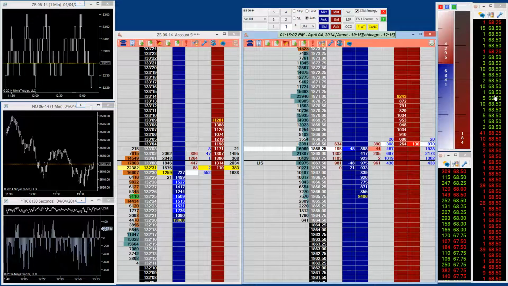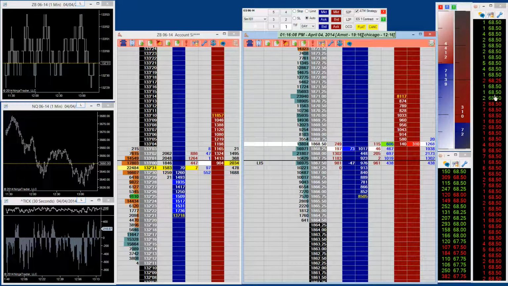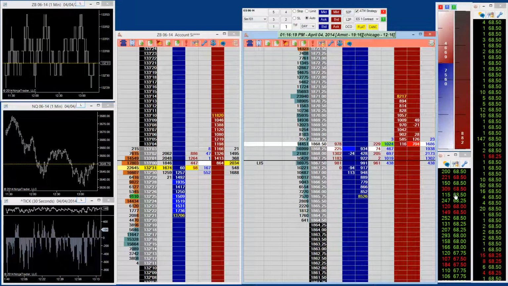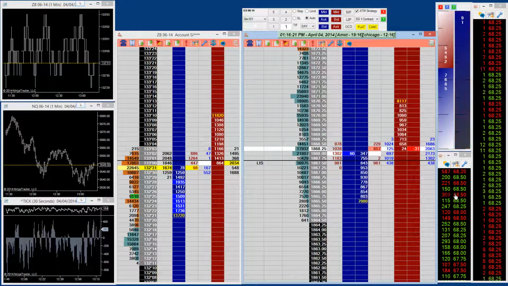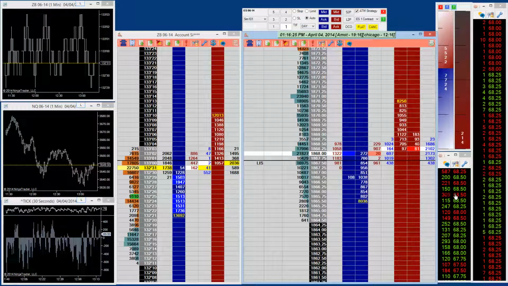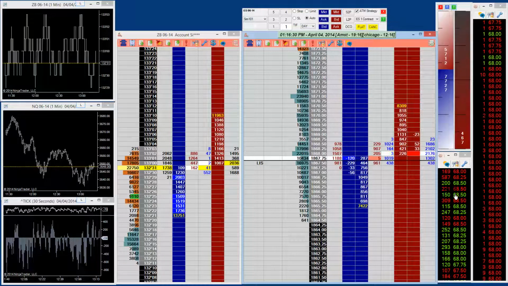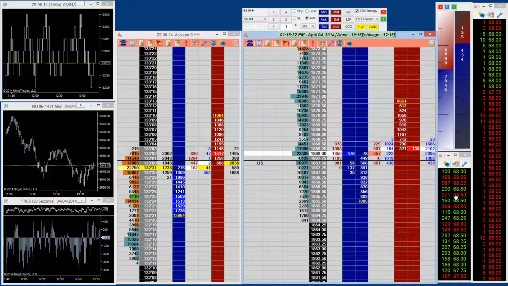So some people will use that. For me, I'm not a big fan of using an unfiltered time and sales because I just don't get on that well with it. It's just not the tool for me. The other one you can use is a filtered time and sales. The reason you use a filtered time and sales is to see size, to see which size is trading. So if there's a lot of large players trading against you, that does not bode well for your trade